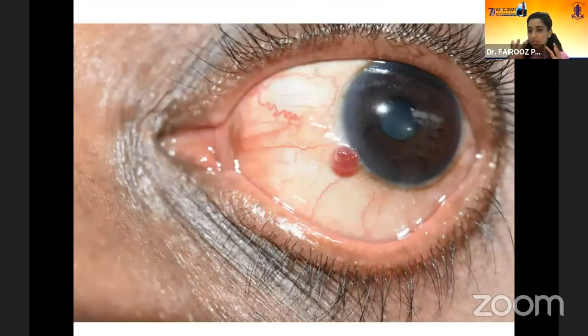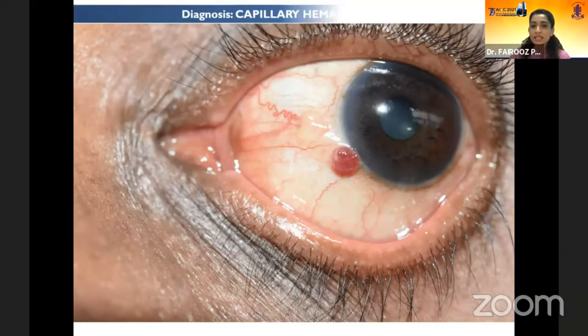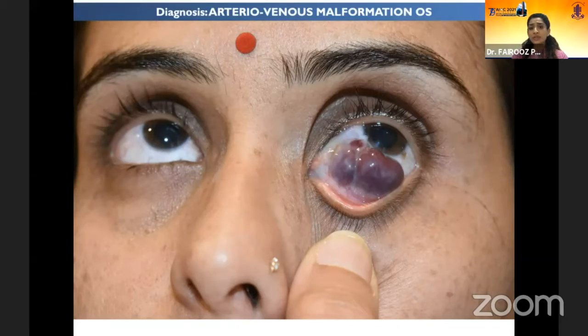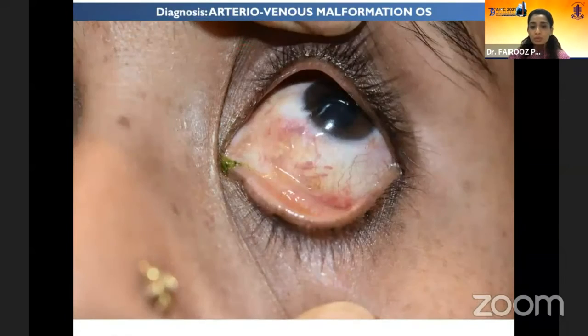Going on to reddish lesions now, a very well defined red lesion in the conjunctiva. This is a capillary hemangioma. Here is a very red violaceous lesion, bullous in appearance, which can also happen over the conjunctiva. This is a patient who has undergone multiple surgeries. You can see scarring of the conjunctiva with a recurrent, bleeding, reddish lesion. It was diagnosed as an arteriovenous malformation after confirmation with digital subtraction angiography, with connection to the cavernous sinus. She was treated with injection bleomycin.